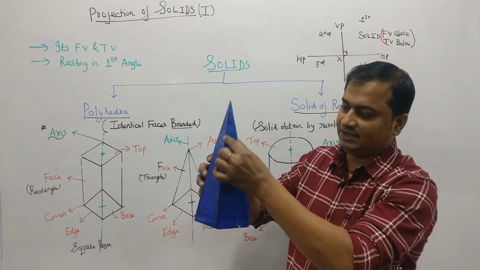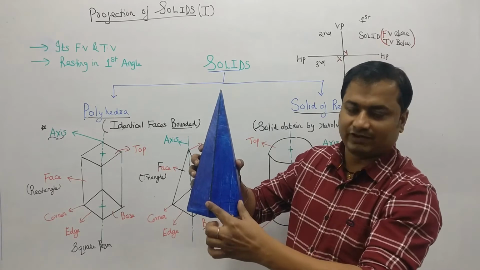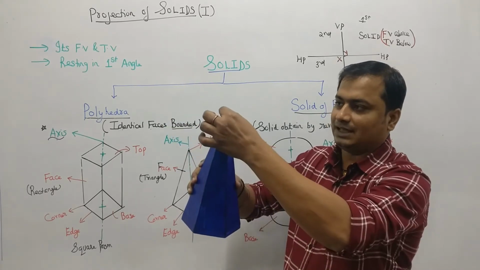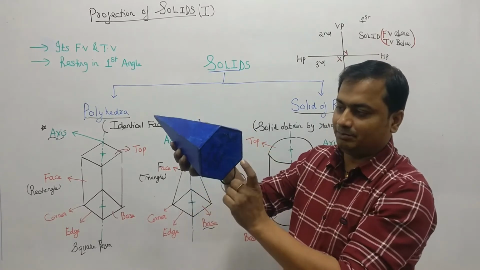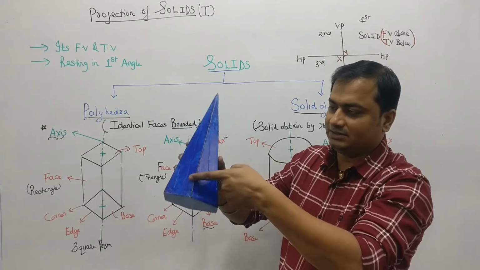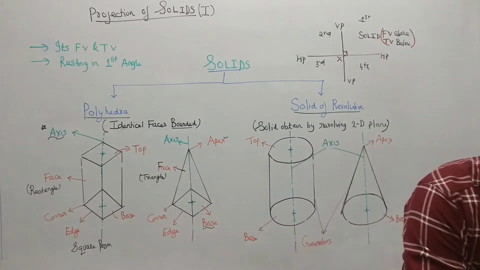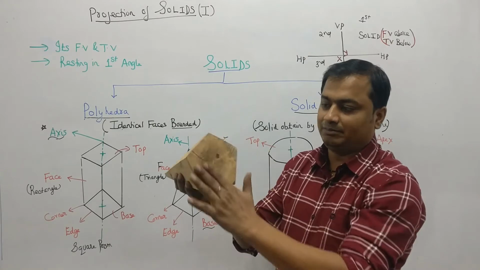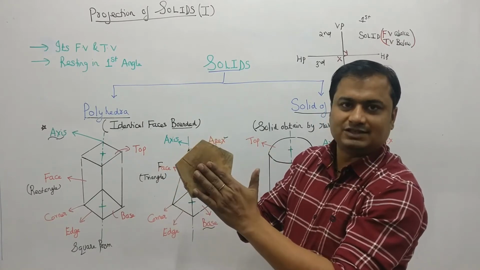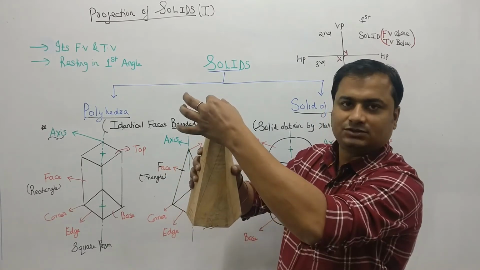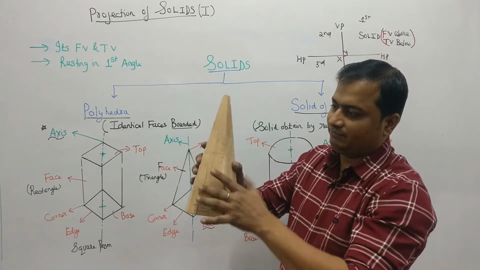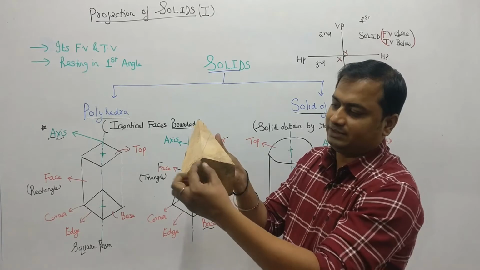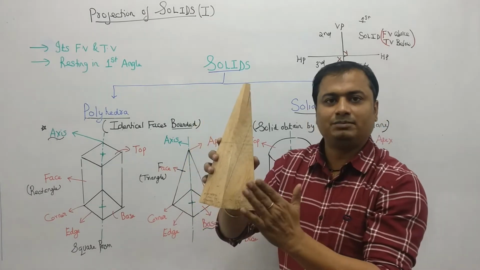As you can see, this is the face, which is a triangle. The number of faces will be 6 here because this is a hexagonal pyramid. This is the apex or the vertex. This is the base. This is the smaller edge and this is the longer edge. Similarly, for this one, this is my pentagonal pyramid because the base is a pentagon, 5 sides. This is the apex or the vertex, this is the face, which is a triangle, this is the longer edge, the smaller edge, and this is the corner. So this is the pentagonal pyramid.